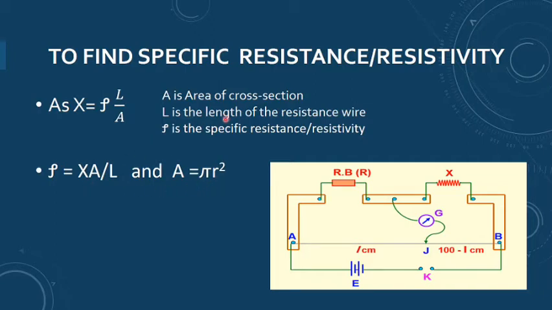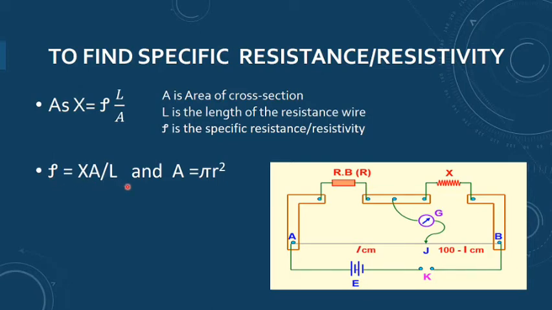L is the length, which you have to measure in centimeter, and when you find the diameter using the screw gauge you get it in millimeter. You will convert everything into centimeter, but the results are to be given in meter, because you will always use SI units. So you will be giving the results in meter. For resistance the unit is ohm, and multiplied by area of cross section divided by length, the unit for resistivity will be ohm meter.